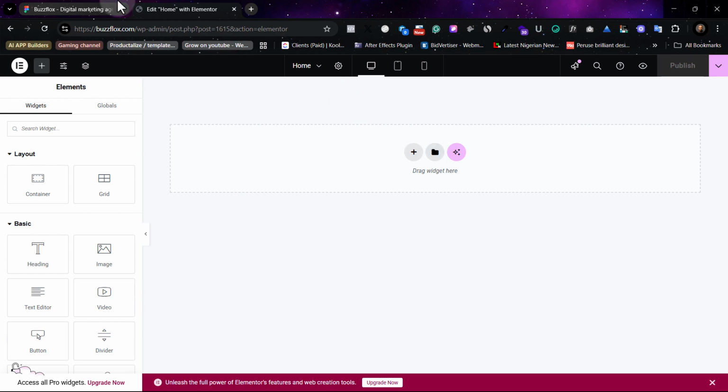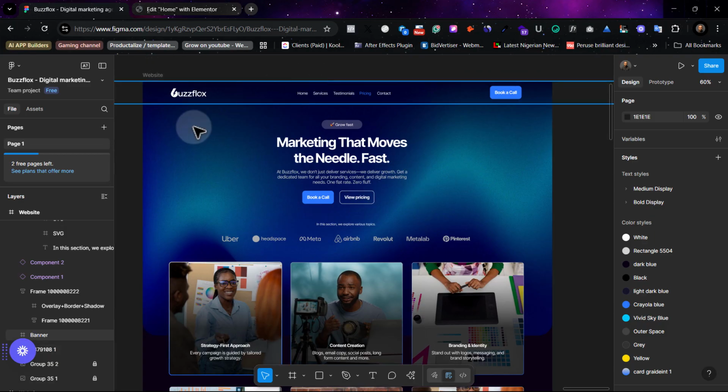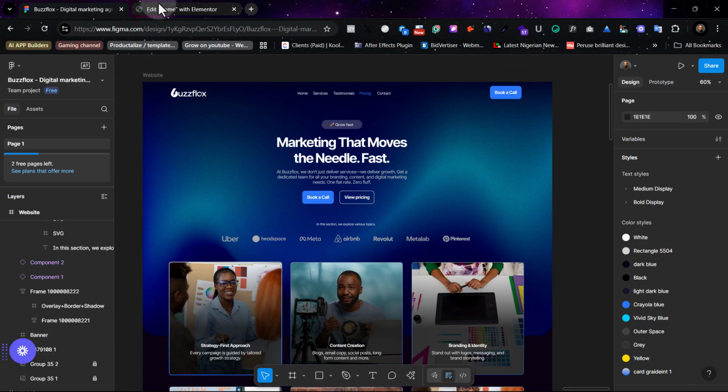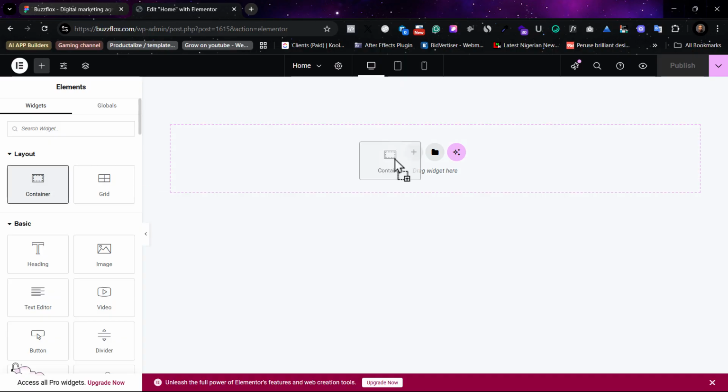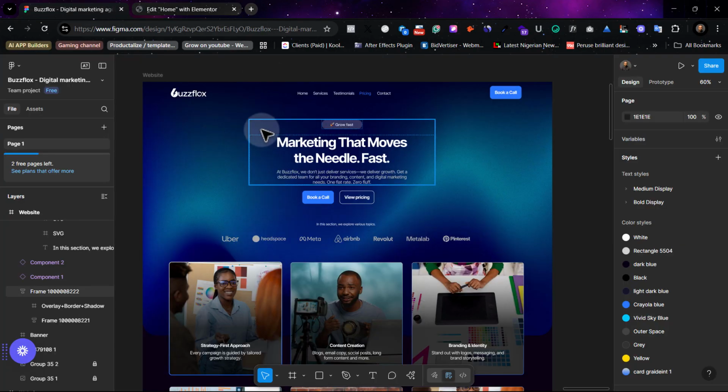So the first thing we need to do is, remember, this is the first thing we have to achieve. We have to achieve this section. In order to achieve this section, the first thing we need to do is use a container. Now when we put in a container here, if you notice, technically here is one section. We can easily just put buttons and stack things in order, right? But